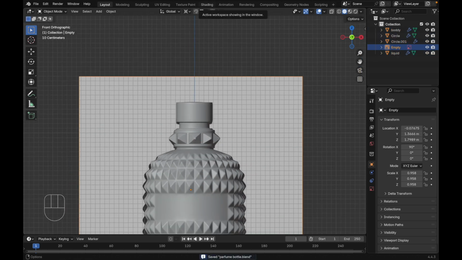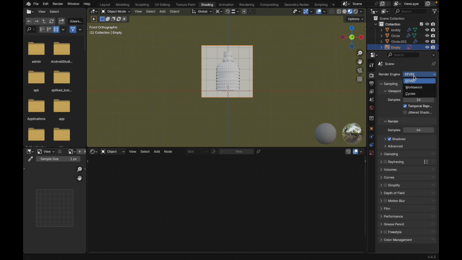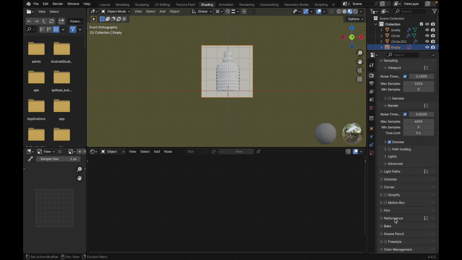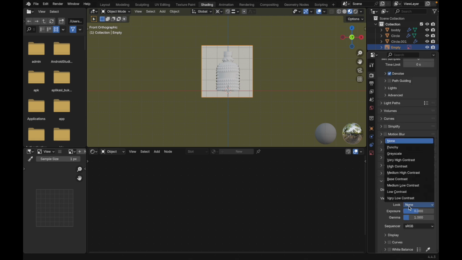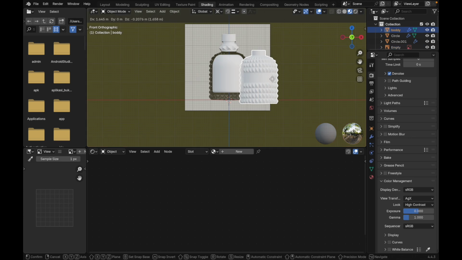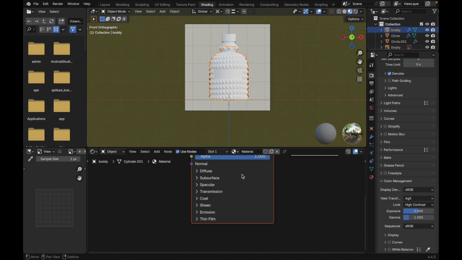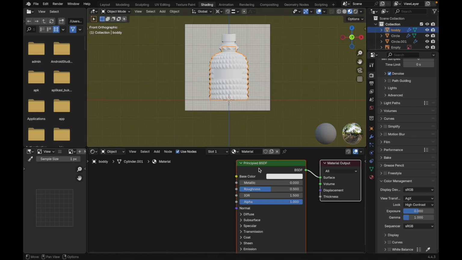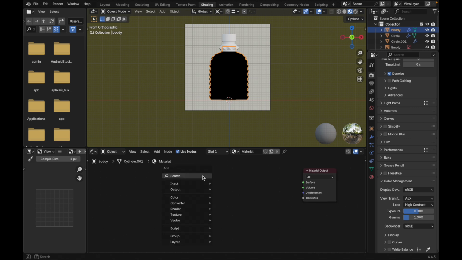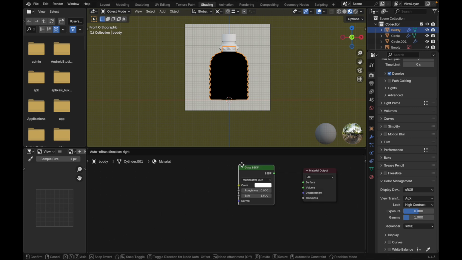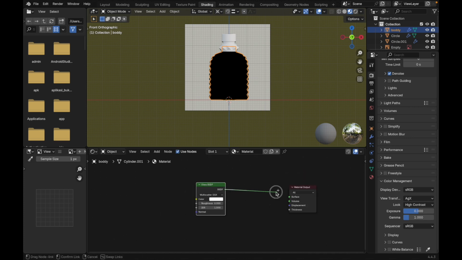Let's move to the shading tab. At the render property, I'm going to change EEVEE to Cycles. Color management, let's just use high contrast. Select the body here, new material, delete our principled BSDF, Shift A, search for glass BSDF, connect the glass BSDF to the surface, Shift A again,